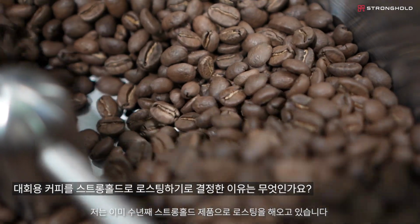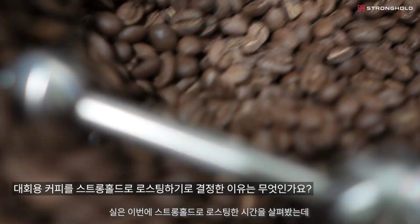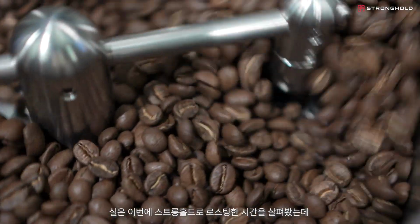Well, I've been roasting on the Stronghold for a number of years now. I actually just checked the amount of hours that I've spent roasting on a Stronghold, and it's almost 700 hours, I think, cumulative Stronghold roasting hours. So I've really spent a lot of time with the machine, and a couple of years ago, I roasted some coffees on it, put it side by side with the traditional drum roaster, and really thought that the Stronghold had better flavor clarity, more defined acidity, and just a better structure overall. And from then on, we've been roasting all of our competition coffees for both competitions, barista and brewers,